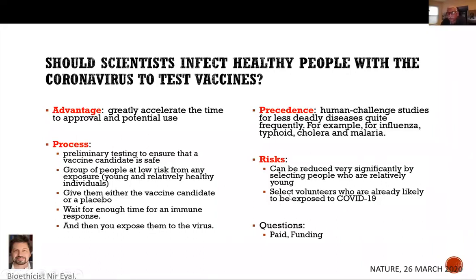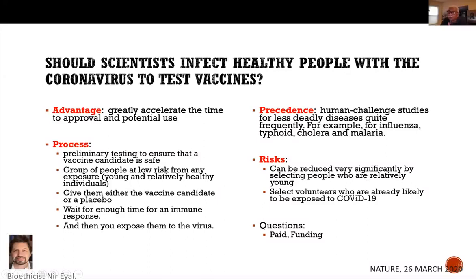There are risks, but it has been done before. Influenza has been tested like this, typhoid, cholera, malaria. It has been done in humans. It's not like this is the first time something like this is done. There are risks, but the risk can be reduced by giving this virus to relatively young people. And then you can also select